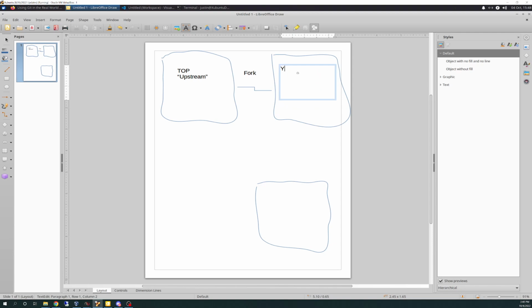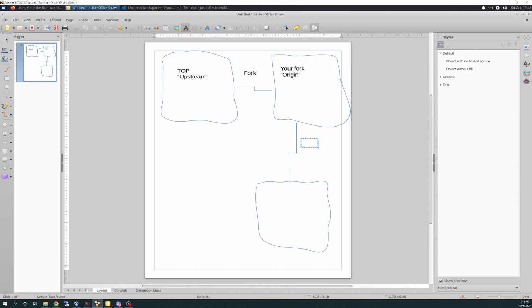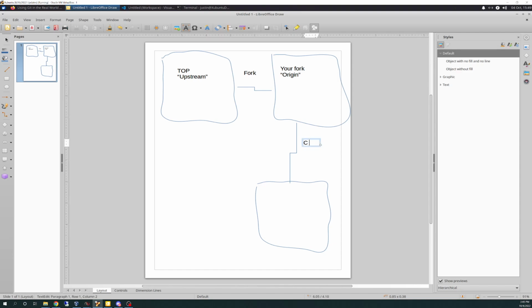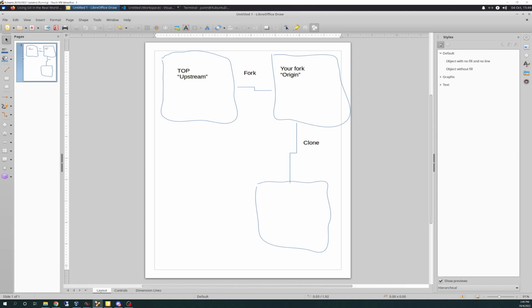So this will be your fork, whatever you want to call it, aka origin. This is the one that's going to be your forked version that's going to reside on your GitHub, that you have access to, that you own. And then we'll have another connector down here, and this will be a clone. We'll do it in order so it makes sense. So we have this right here, which is a clone. We're going to clone down the local version,